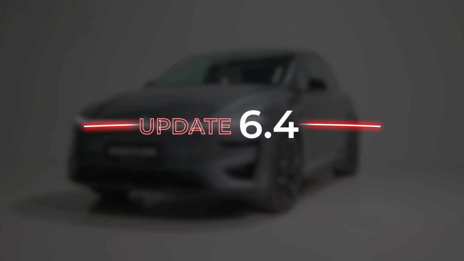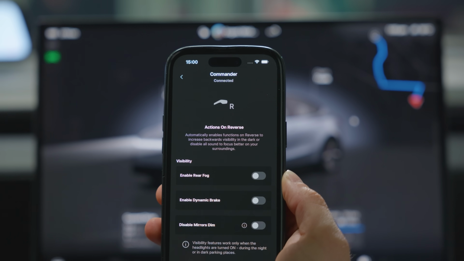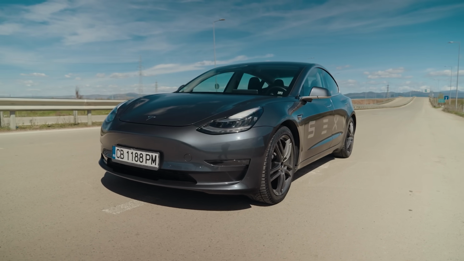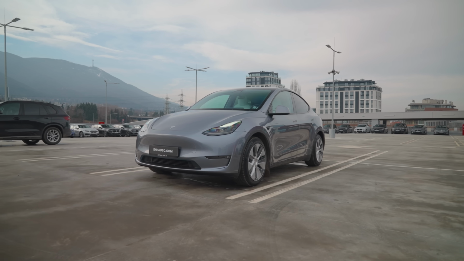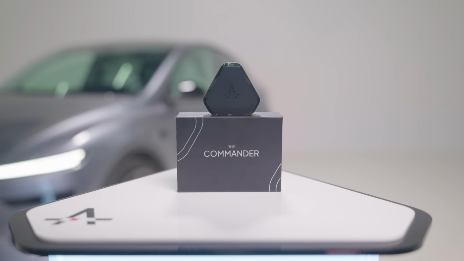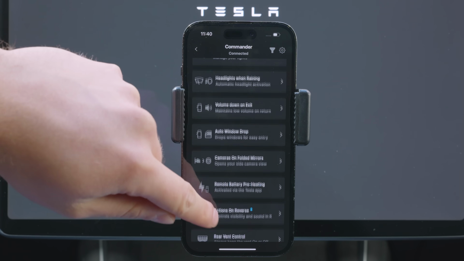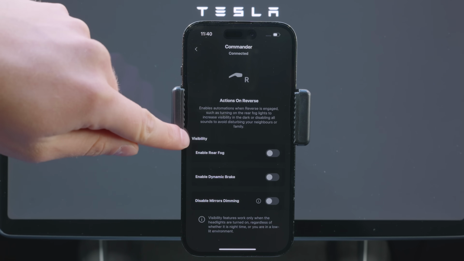In Update 6.4, we introduced a range of highly requested features, starting with actions on reverse. Many Model 3 and Model Y owners wanted a more seamless way to perform actions while parking, and now it's possible with our OBD dongle, the Commander. Once installed, open the S3XY app, scroll to Actions on Reverse and simply enable the toggles of the features you